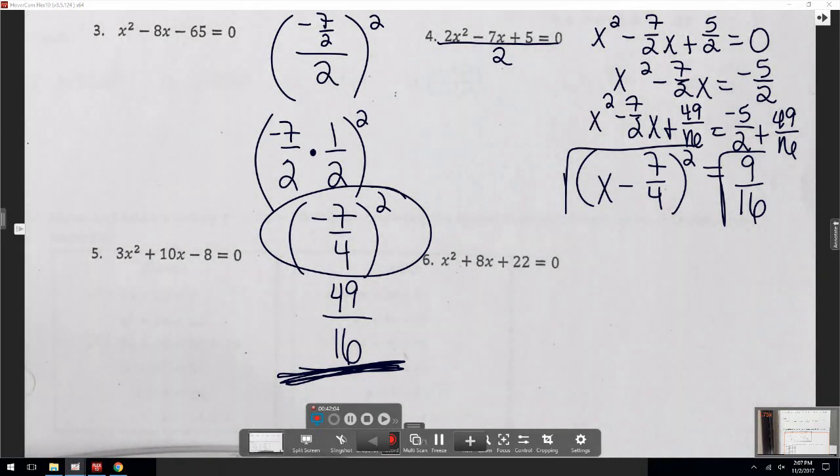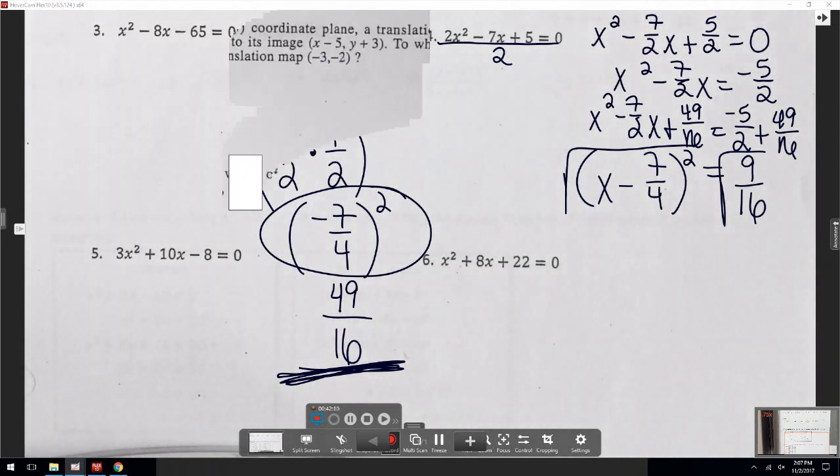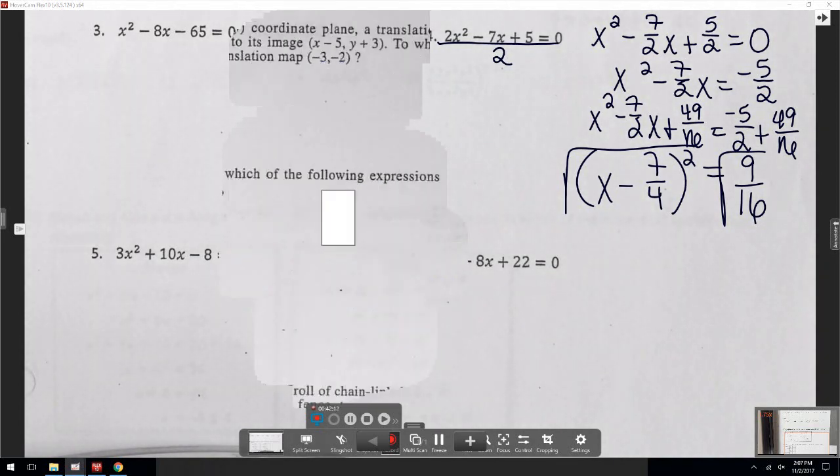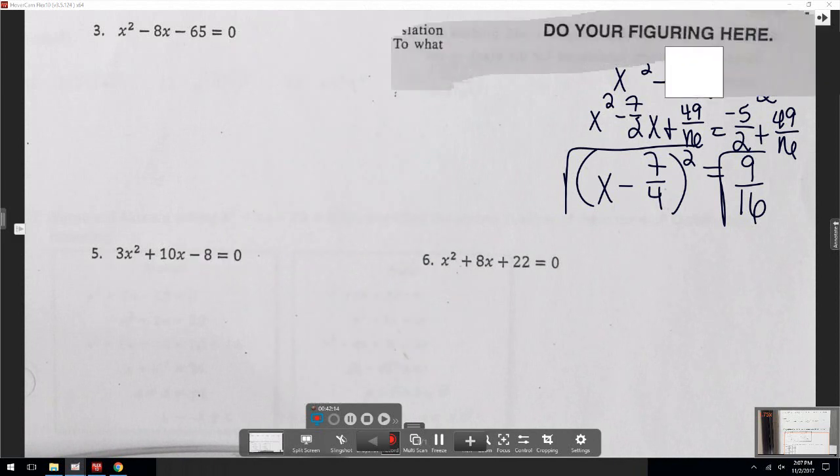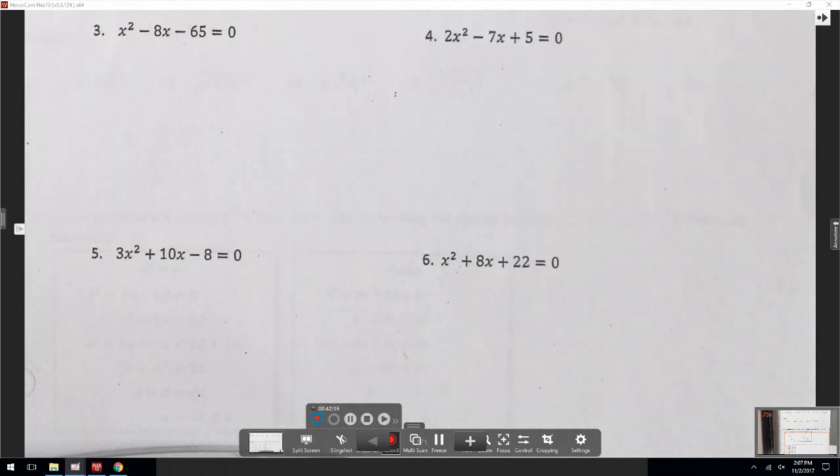I need my calculators put back. Yes? What's your question? Oh, it's on the calculator question. All right, what is it? Well,